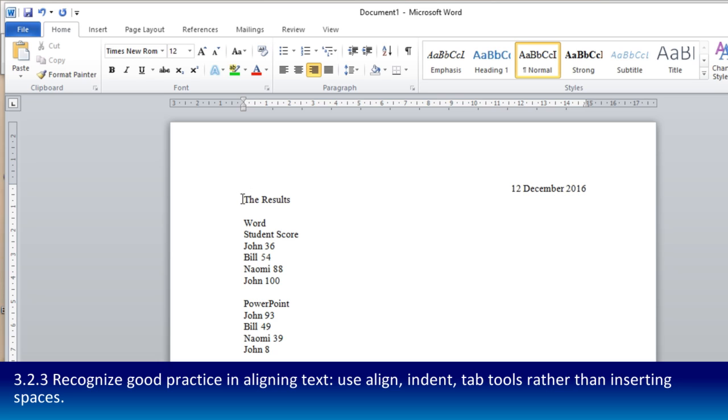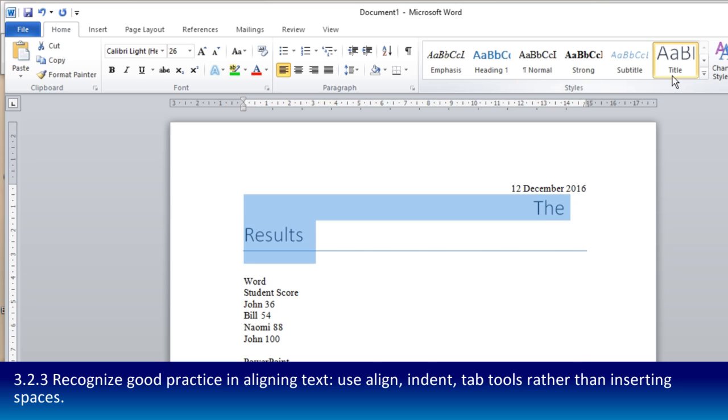Similarly, we don't use spaces to put things in the middle of the page. Here I've got the results. I'm going to center this. Let's see where that roughly is. That feels like it's about in the right place. The problem comes if I then want to do some editing and change this sort of format, if I make that the title, all those extra spaces have now been made a lot larger and it no longer goes where it should do. So let's get rid of all the spaces